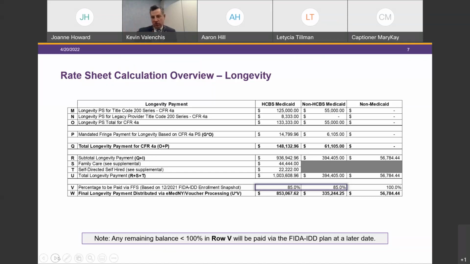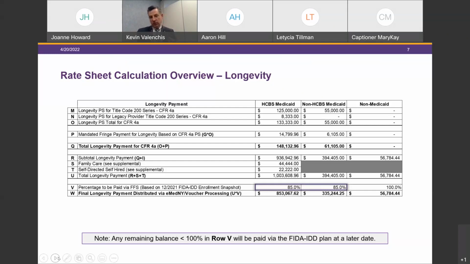Now, I've also heard that folks have been reaching out to the FIDA asking when they're going to get their payments. I want to be clear that the way we had to structure the authorization is we have to know the rates of payment for all 4 initiatives, not just the longevity and retention. So we're not in a position to finalize the rates of payment that we'll be making to the FIDA until we finalize the other survey-based rates, which Joanne referred to earlier as the COVID service and the vaccination incentive, okay?